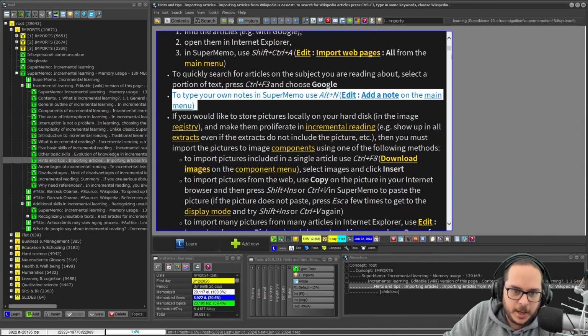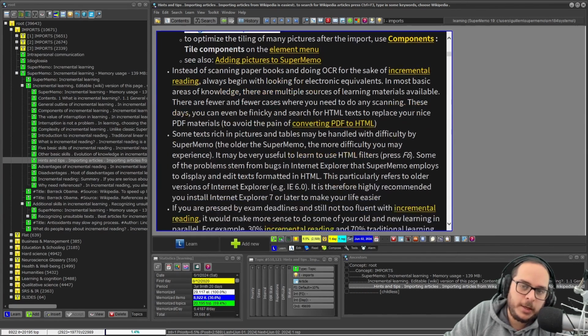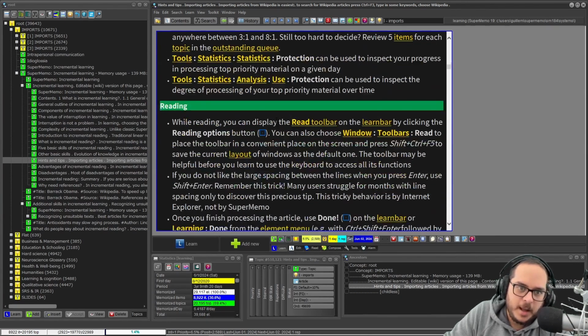Next repetition you will read up to here. Next repetition up to here. So it will take you a long while to go through all of this, but perhaps you care more about reading than